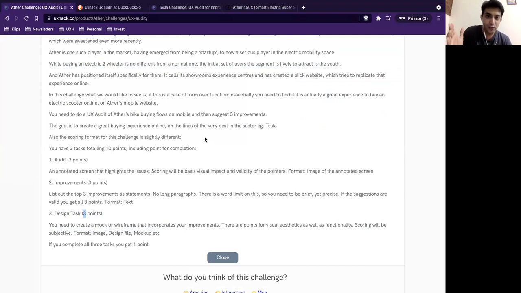We want it to be easy so that you get to the problem areas first. We want you to address the problem, right? We don't want you to get distracted by too many things. There are very easy problems to solve. I hope everybody sees those easy problems and tries to solve them. Obviously, each one will solve it in a different way. And I think there the nuances and your backgrounds will come into play. Your history as well, what you know about how booking happens. I think those who've bought bikes online or done these things online would know what the problems are. User research always helps, but I'm not recommending it because there's too little time to do 3 activities and do research. But if you want, you can do that as well.